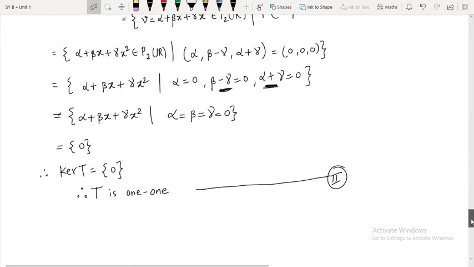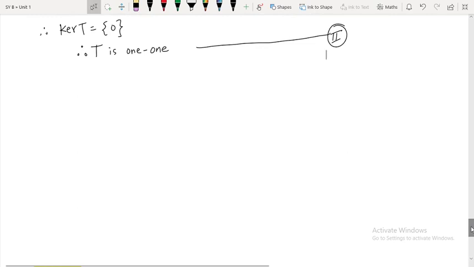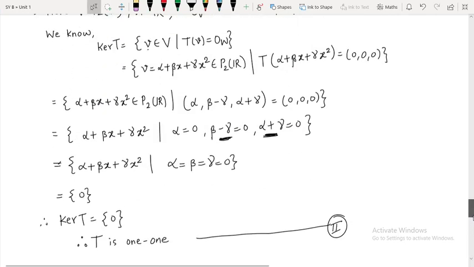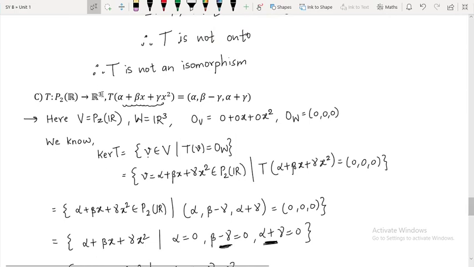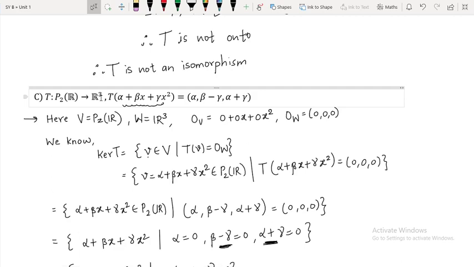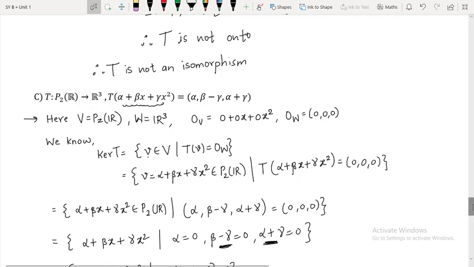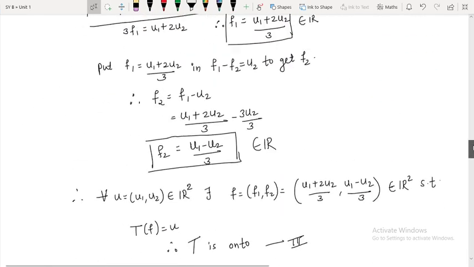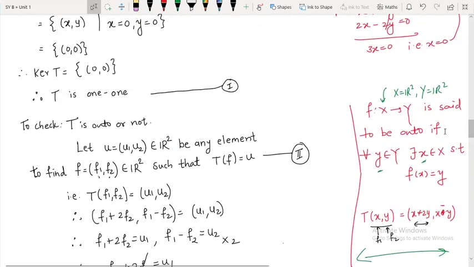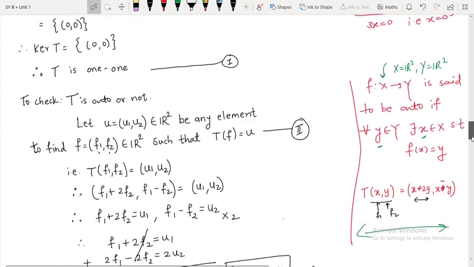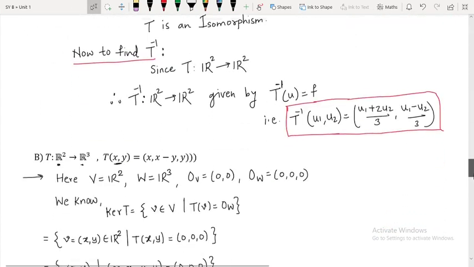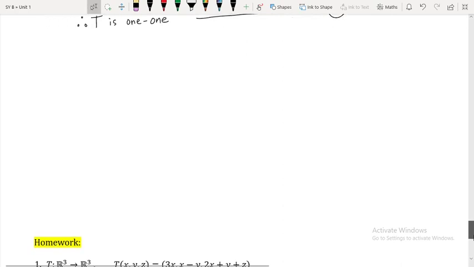आता इथे सुद्धा आपण पहिल्यांदा चेक करूया की whether it is onto or not. आता onto कसं चेक करायचं? फक्त dimension of image of T आपल्याला शोधायची. जर dimension of image of T equal to 3 आली, because our codomain is R3 in this case, ज्याची dimension 3 आहे, so it means that it is onto, and if it is onto, then we will use our usual method to show that function is onto. Why? Because in that case we have to find T inverse. Okay, I hope you are getting my point.